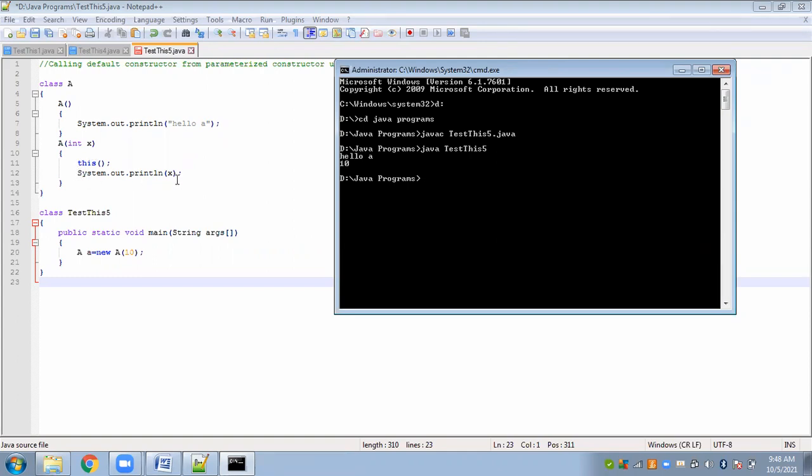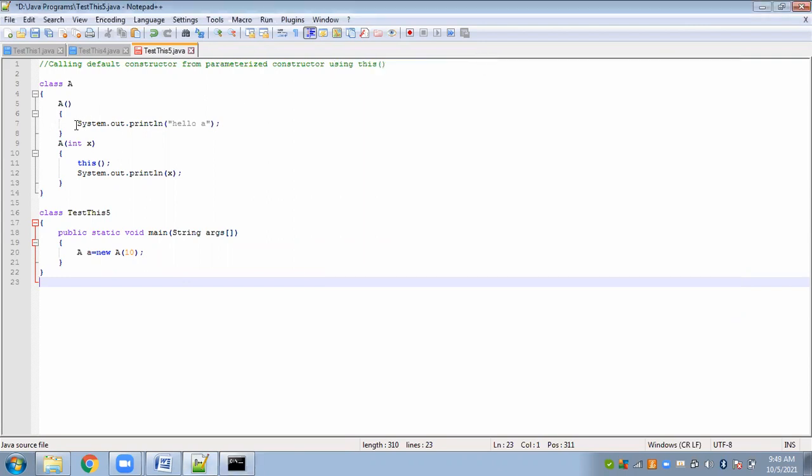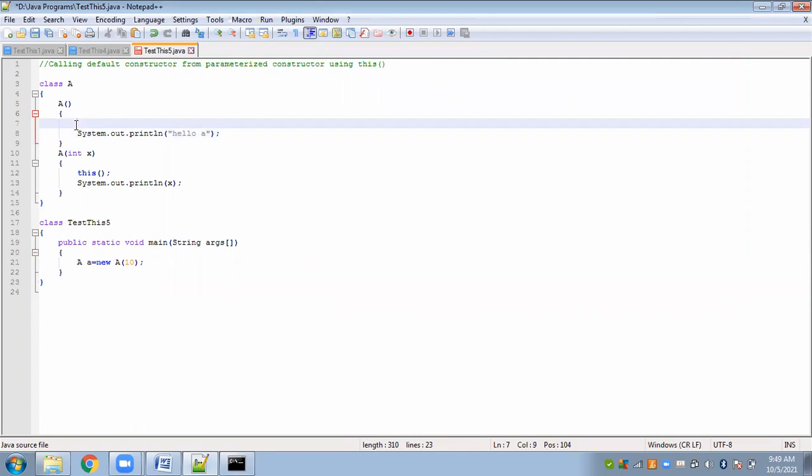Next line, what do we have? We simply are printing the value of x. So here, for x, what is the value? It's 10, right? So next statement we have 10. Or one more thing you can do, just to avoid confusion,